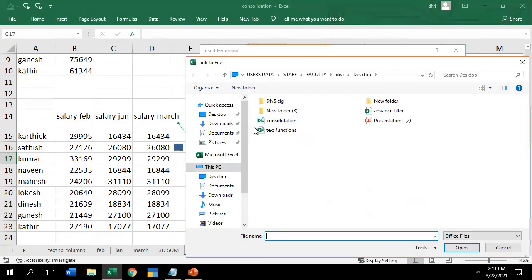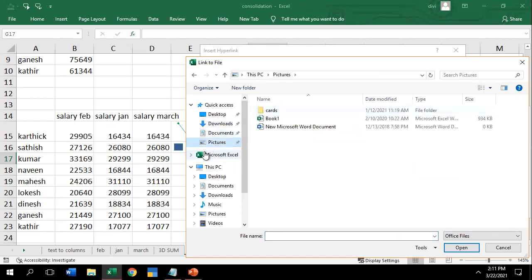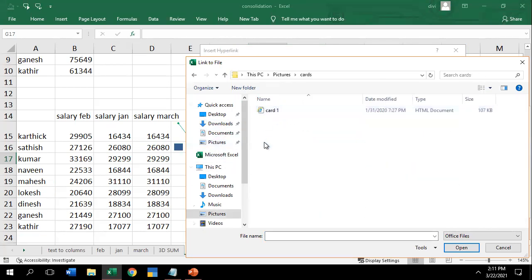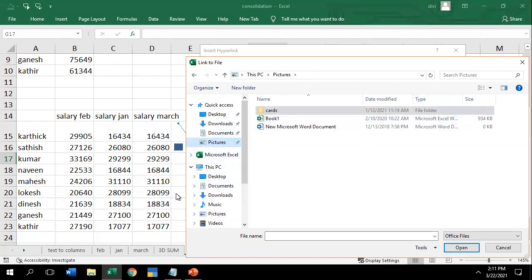I'll go by the folder, I'll go by any pictures. Okay, pictures I don't have present now. You can give a picture link, but in my PC I don't have any pictures, so it could not be presented. Either if you have a video,